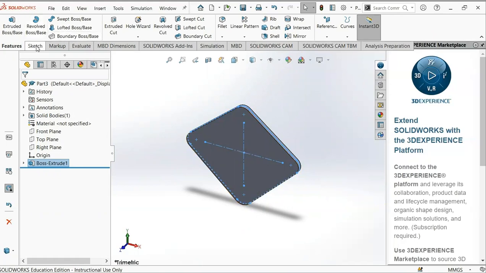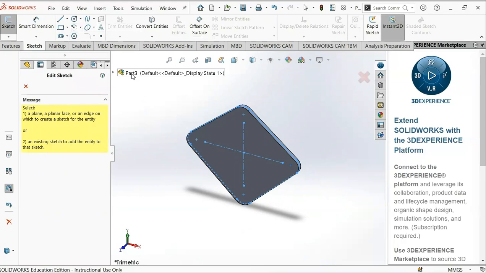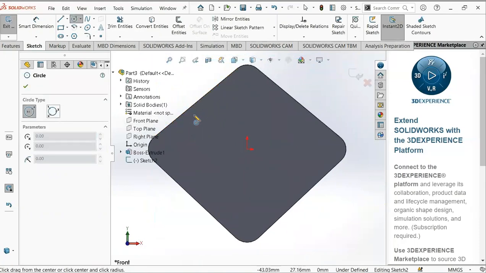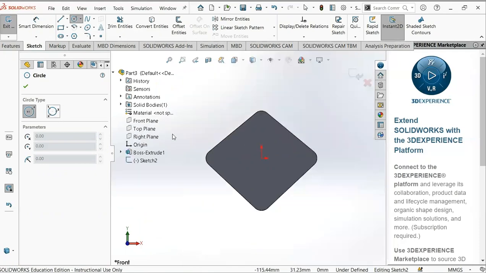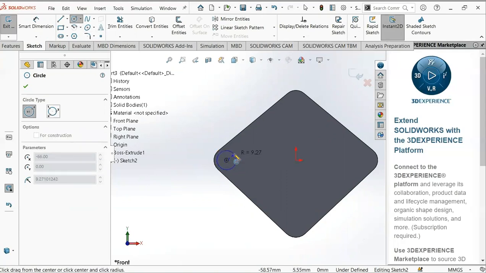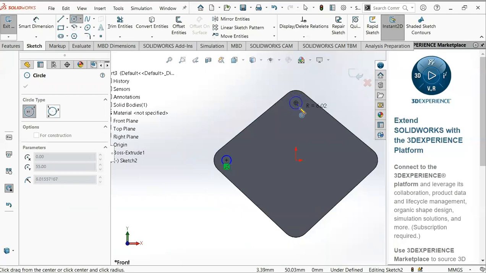To create a circle on this one, we need a sketch. We need to select a plate. Then we move to this edge, and you'll see a center here, and then we'll click and drag away, click, enter 4.5 because the diameter is 9, and do the same